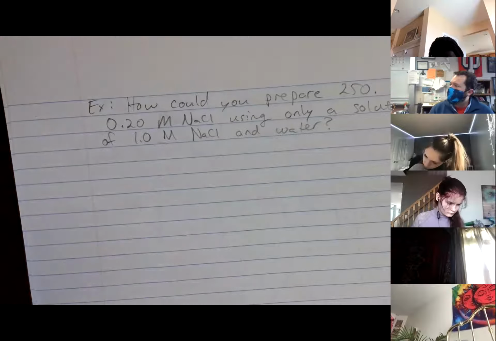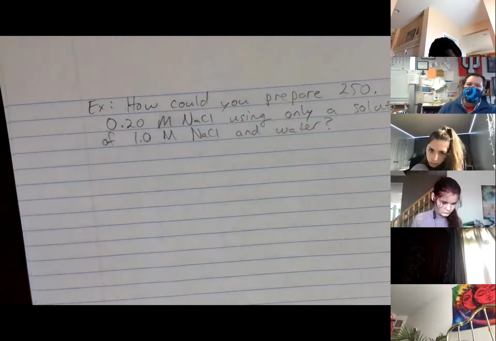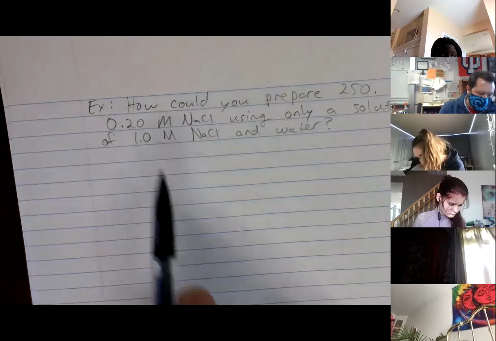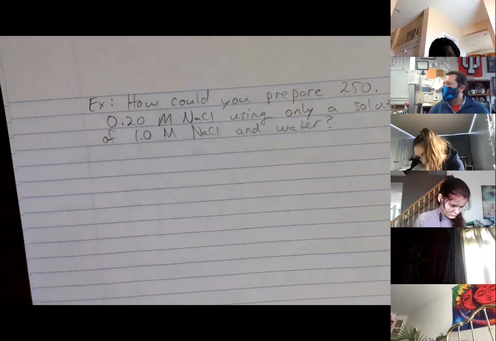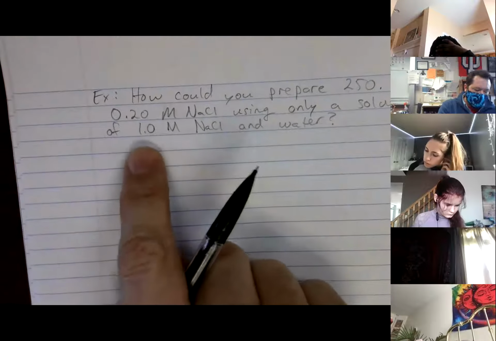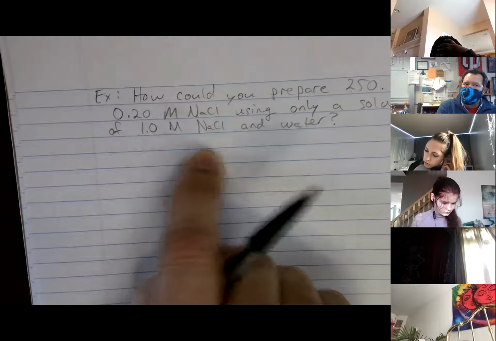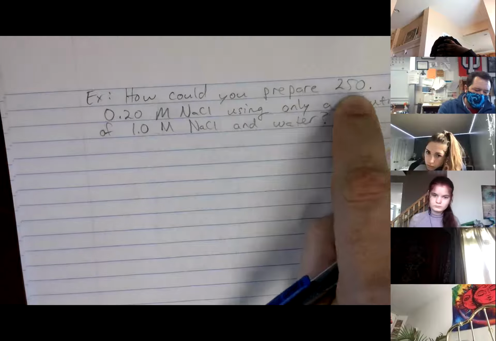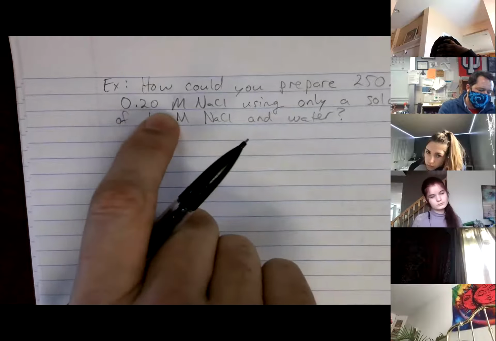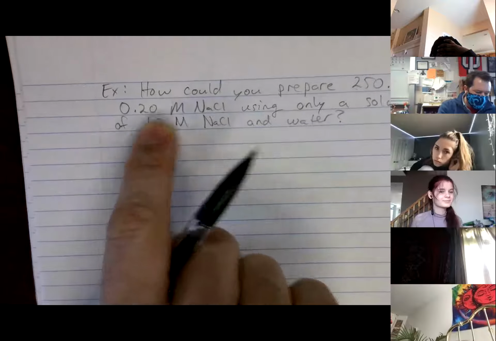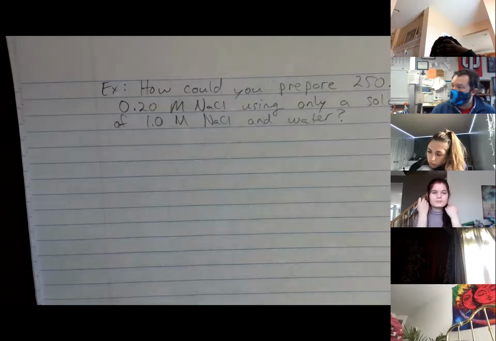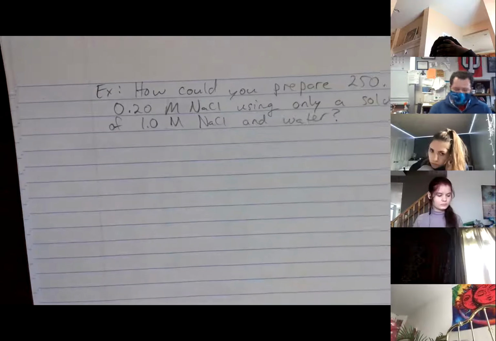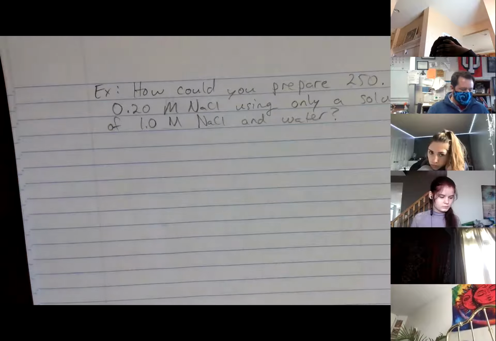And before you even get started, we've got to figure out what we've got. So what is our stock solution? Is it 0.2 molar NaCl or 1.0 molar NaCl? Yep, our stock solution is the bigger one, the more concentrated one. So our 1 molar is our stock solution. So we're trying to make 250 milliliters of a 0.20 molar. That's our dilution. That's our diluted version of that. All right, so how could you prepare? Okay, well,